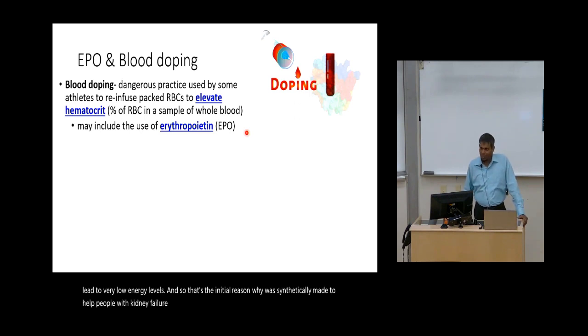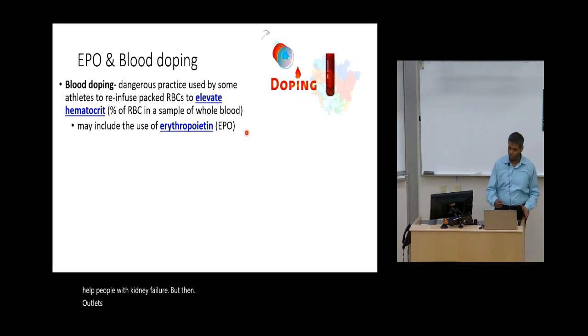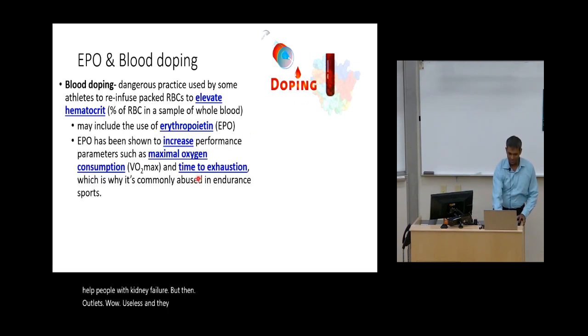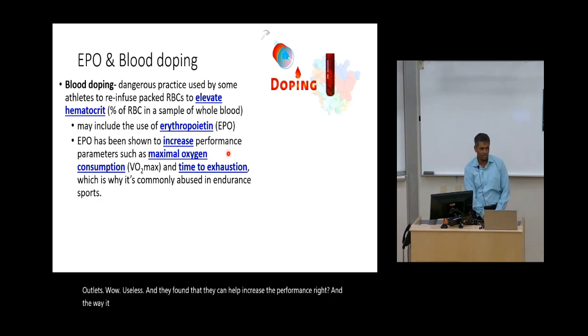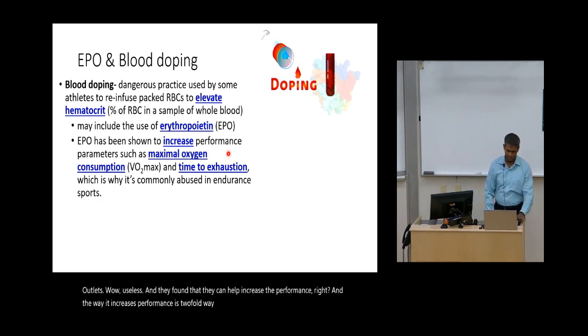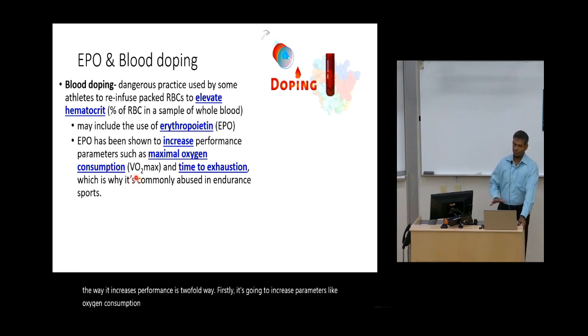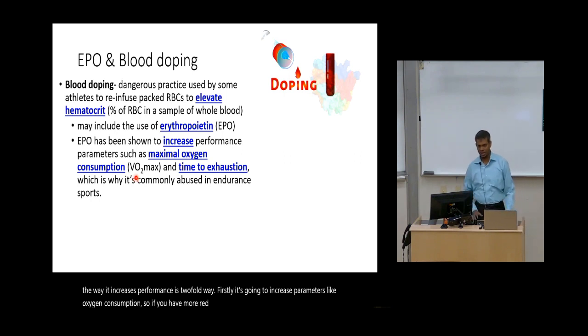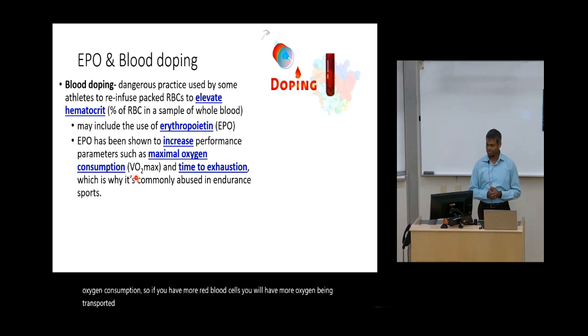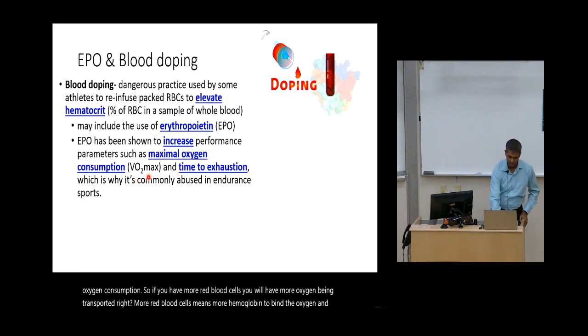But then athletes used this, and they found that it can help increase performance, right? And the way it increases performance is twofold. Firstly, it's going to increase parameters like oxygen consumption. So if you have more red blood cells, you will have more oxygen being transported, right? More red blood cells means more hemoglobin to bind to the oxygen, and so you'll have an increase in the